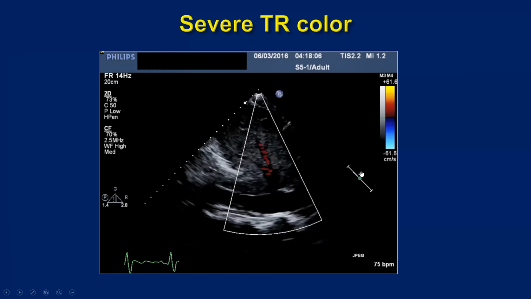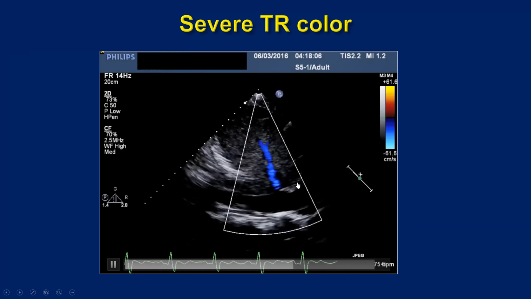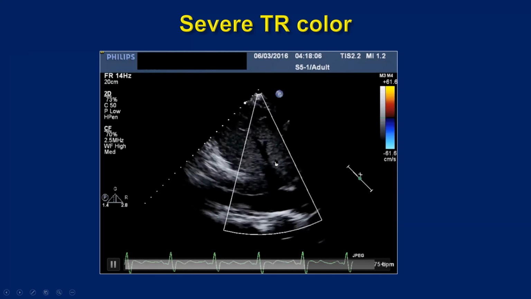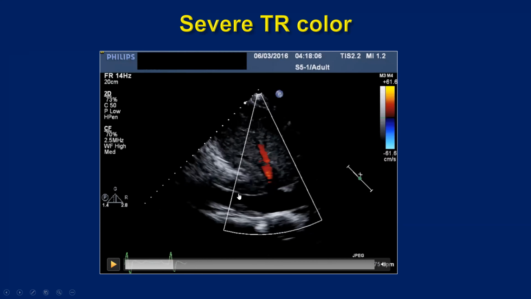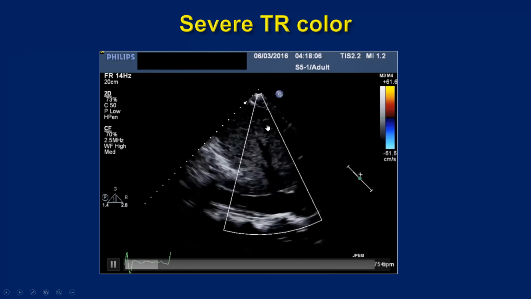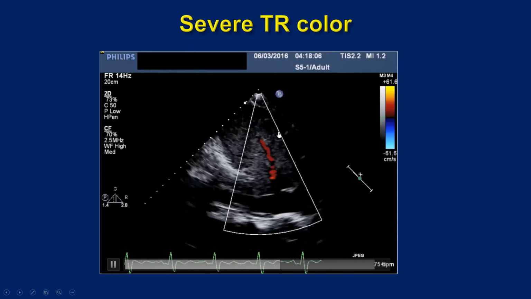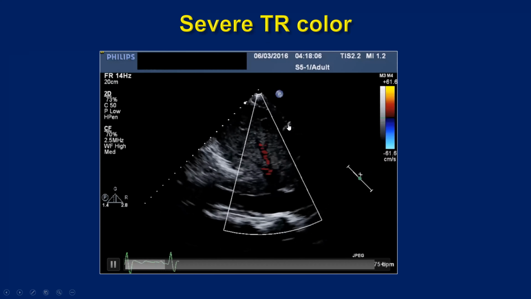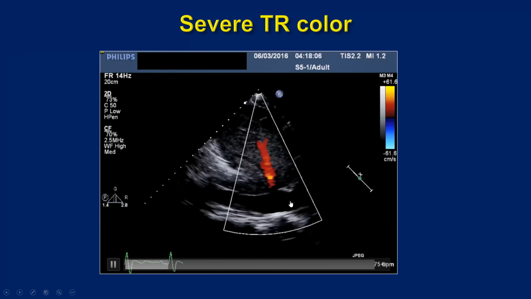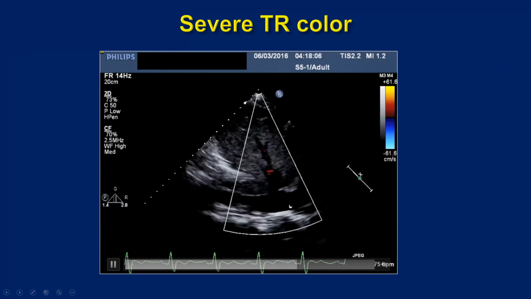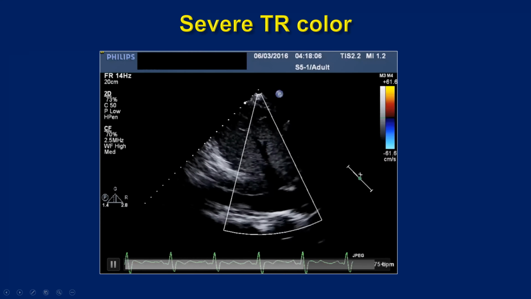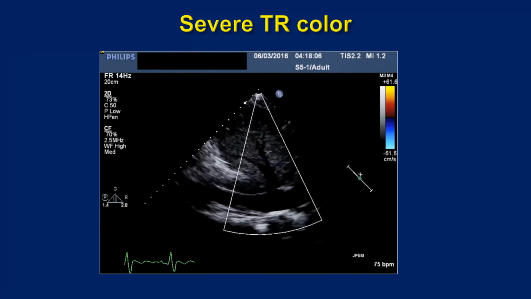Okay, and we see the color flow of the hepatic vein. This is the IVC, the hepatic vein. And if we freeze it and run it frame by frame, you will see very clearly, first of all, in color, the forward flow will be blue and backward flow will be red, because it will be towards. So away is blue, towards is red. So the blue is normal forward flow, but the red is abnormal flow. It is the backward flow due to